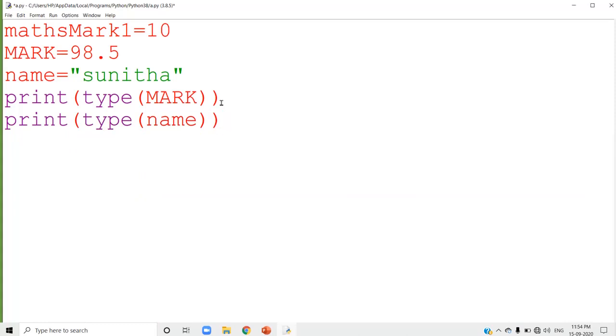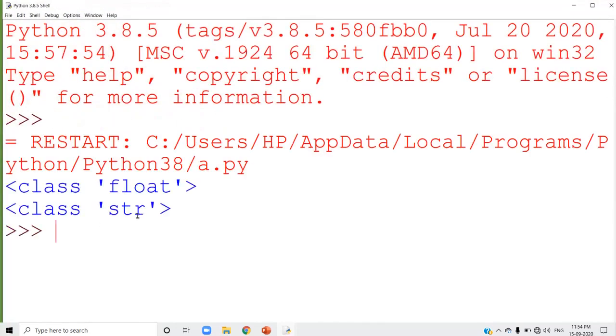Now name contains characters enclosed in double quotes. If the characters are enclosed in double quotes, then it is known as a string variable, which we also studied in the last class. So I will run this program. When I run this program, you can see the type of that variable is str.